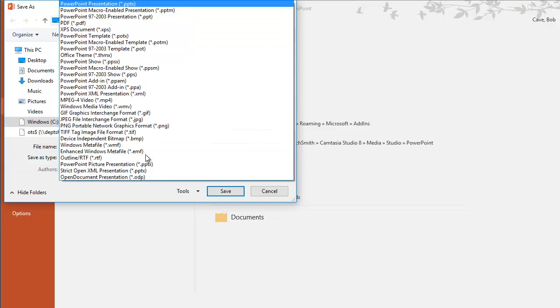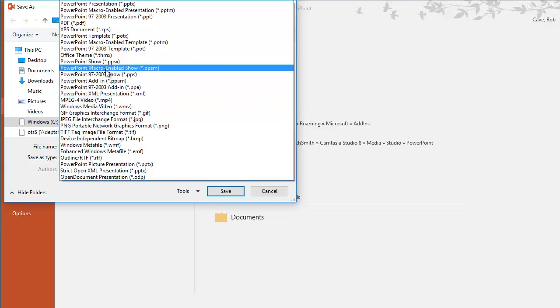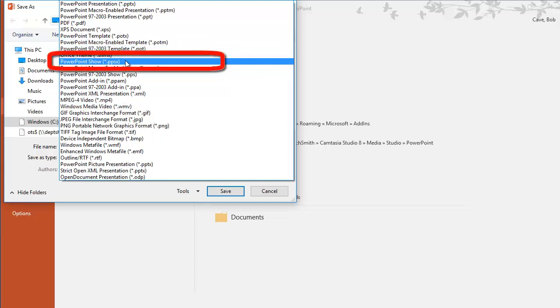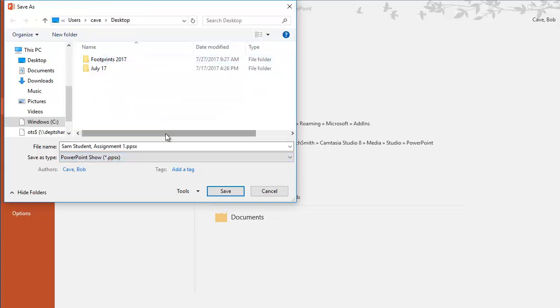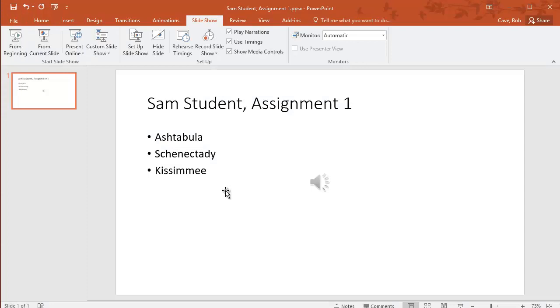So I'll click on that box. We're going to change it to a PowerPoint Show. Right there. PowerPoint Show or .ppsx. The reason we do that is it will create a file that opens in playback mode instead of opening in the full PowerPoint interface. So once again, it's a cleaner way to present your work, and it's easier for your instructor to work with. The last thing I'll do is click on Save, and I've finished